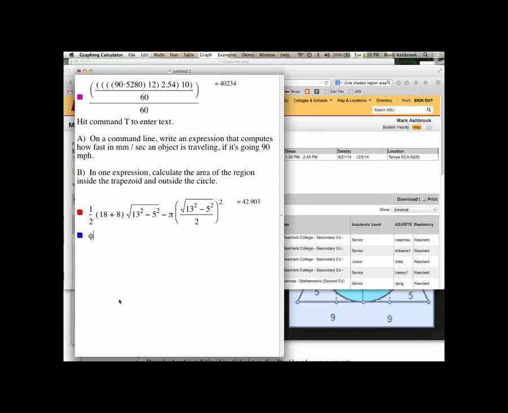Well, that's making use of what's called a slider. A slider allows you to fluidly change the value of a constant. So lowercase n is like a built-in slider. We'll be doing lots of that, but not yet. So what I want you to do is create this screen here.